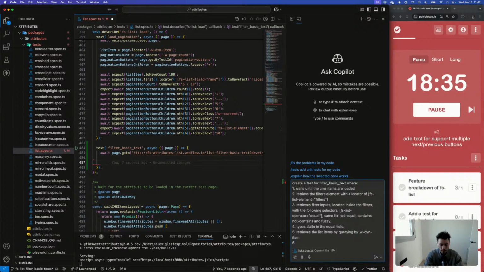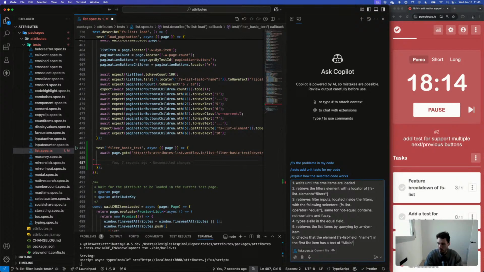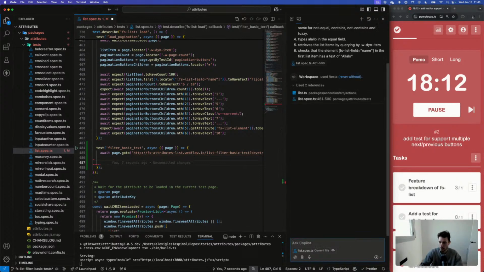Checks that the element fs list field name in the first list item has a text of alalo. Let's see how it does so far.